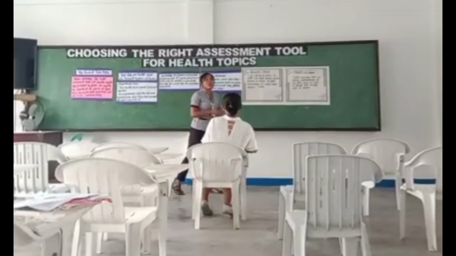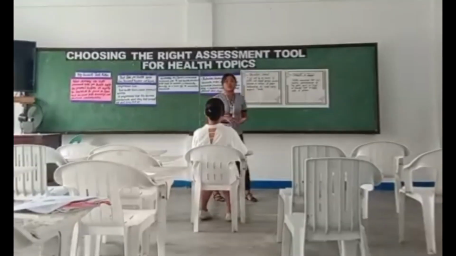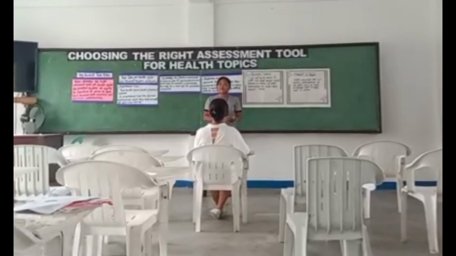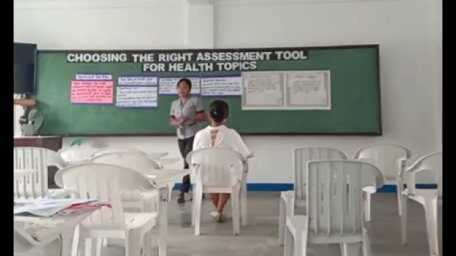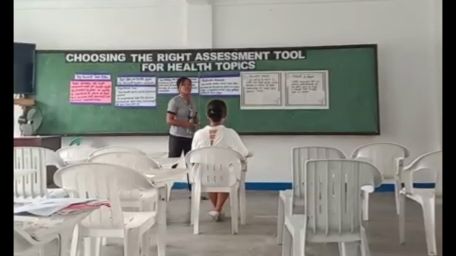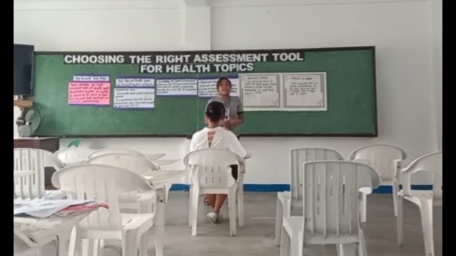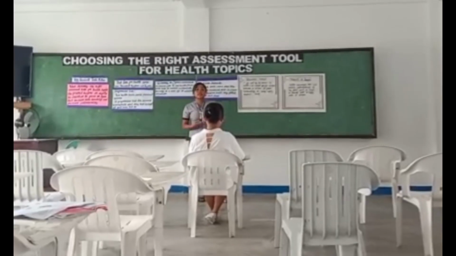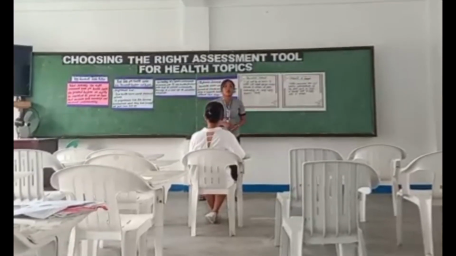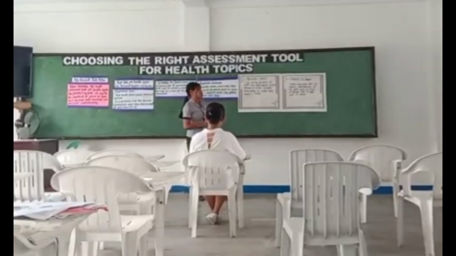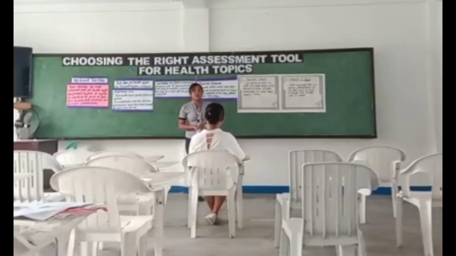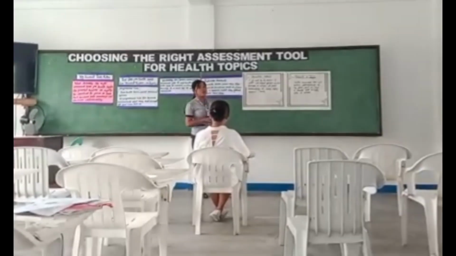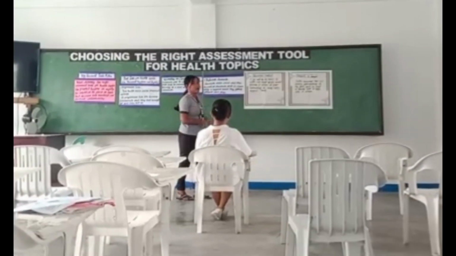Okay, thank you. An observation checklist is a structured tool used by teachers to monitor and evaluate specific students' behavior and performance during hands-on activities, especially in health-related lessons. It is usually in a list form where each item represents an action or behavior the teacher wants to see. Teachers simply observe students during the activity and check off each behavior as it is demonstrated correctly.